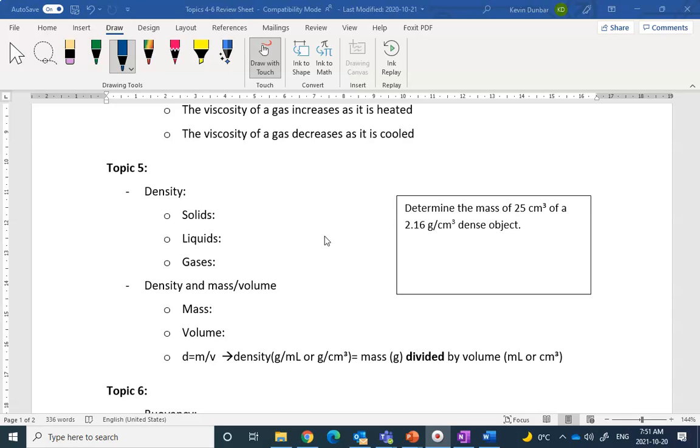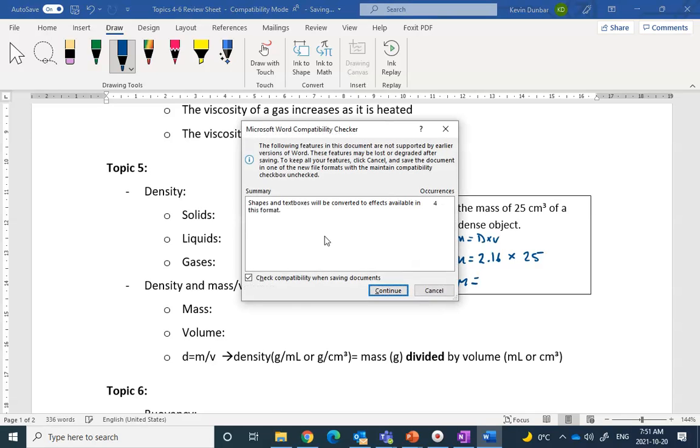this density of 2.16. Remember, anytime we're doing this, go to the triangle. We're going to cover up the one we're looking for in order to get our formula. In this case, it's density multiplied by volume. So we're going to take the density, which is 2.16, multiply it by 25 in order to get the mass, 25 times 2.16 is